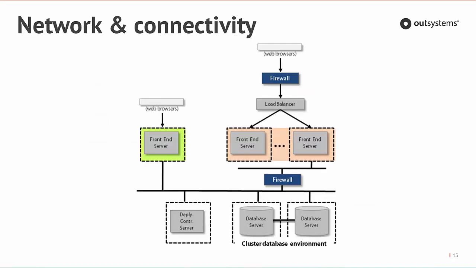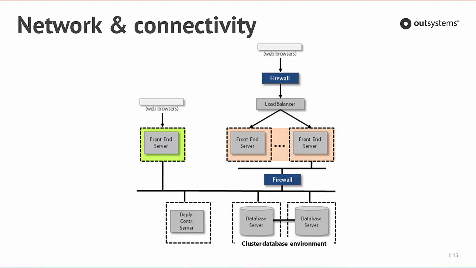Moving on to network and connectivity, we'll talk a bit about the physical architecture of an installation. So the OutSystems platform is designed to support complex network architectures and physical server configurations. The idea here is to give greater flexibility when structuring a setup for an OutSystems platform environment, for a corporation or for a network